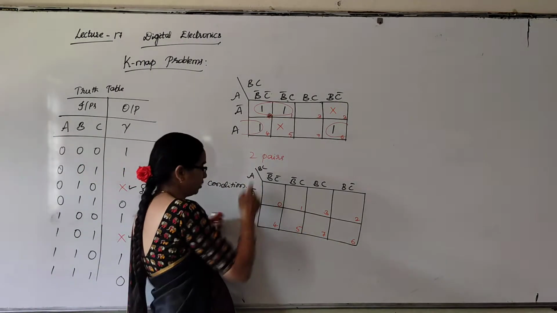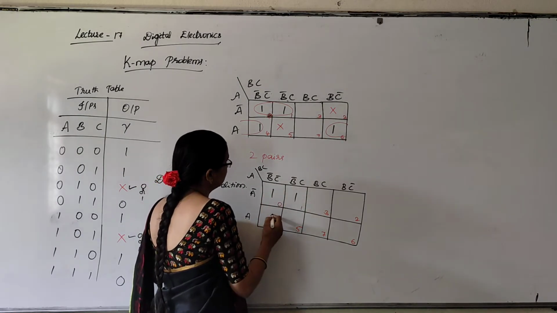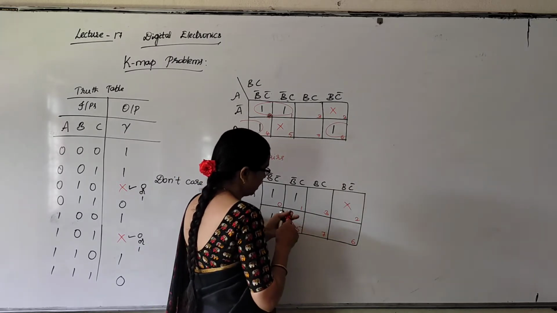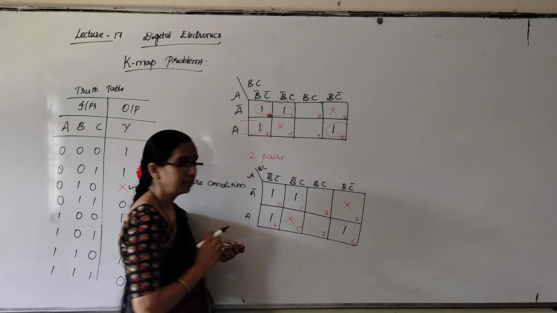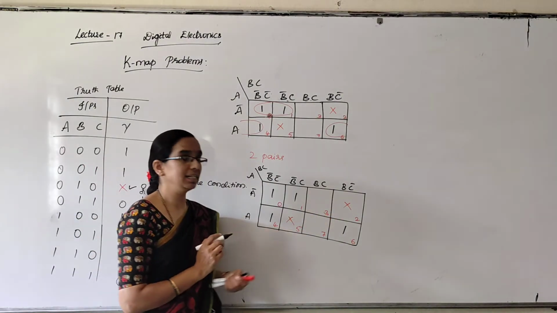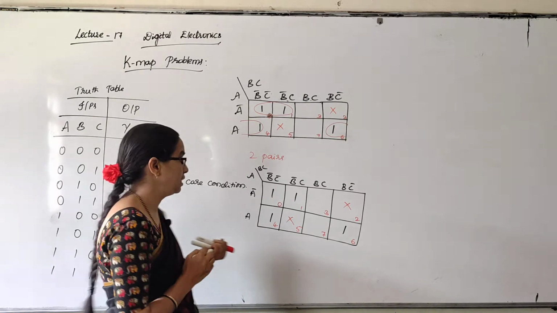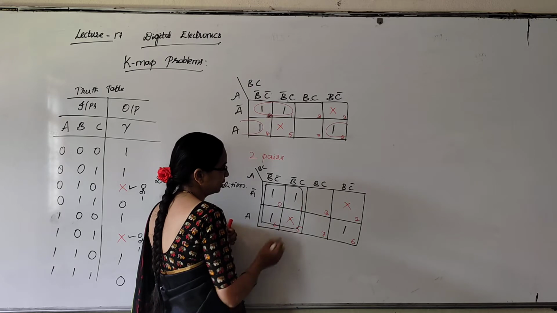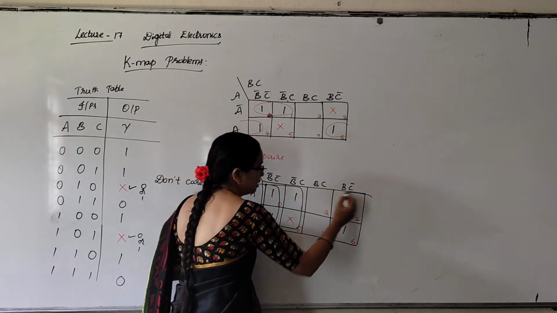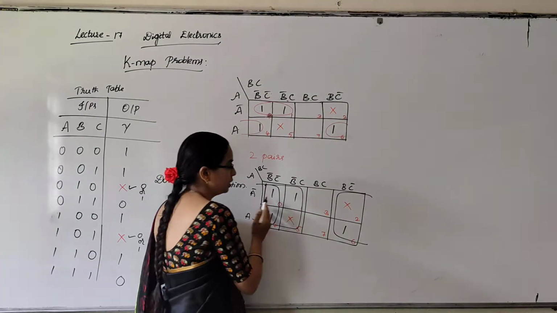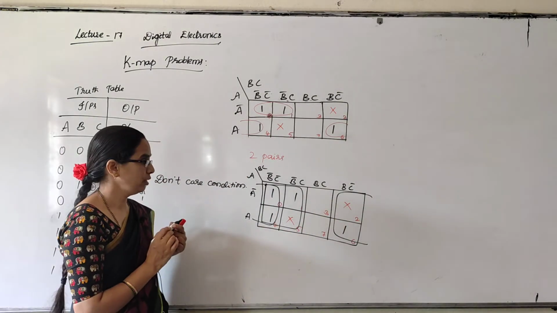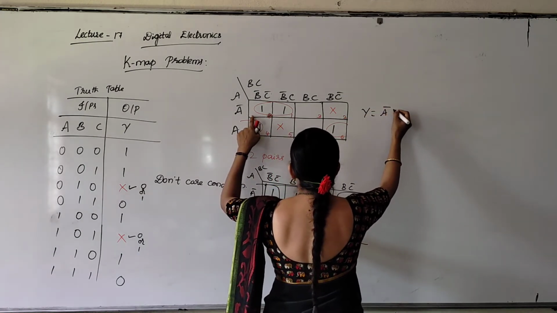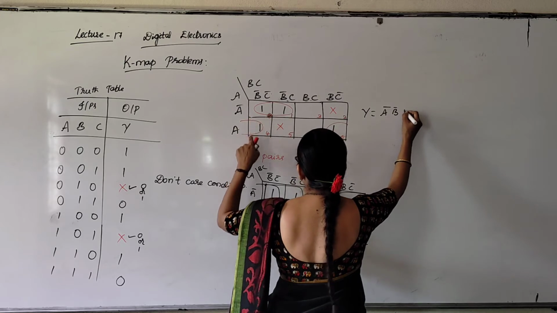I will mark the same thing here, 1, 1, 1 and this is X, this is also X and here I have 1. If I consider these don't care conditions as 1 for my convenience, I will take this as one quad, and these two, rolling over the map, are taken as one quad. For this I will get expression like A bar B bar plus